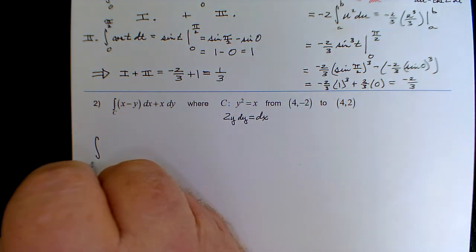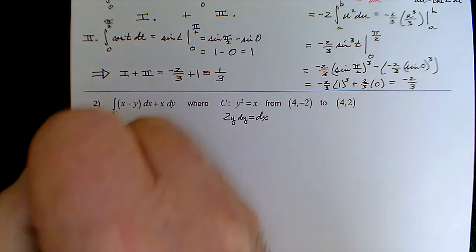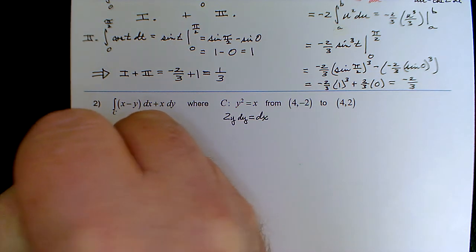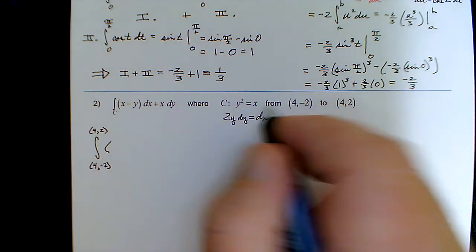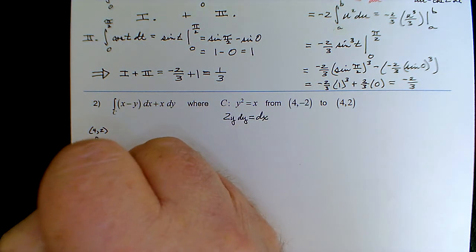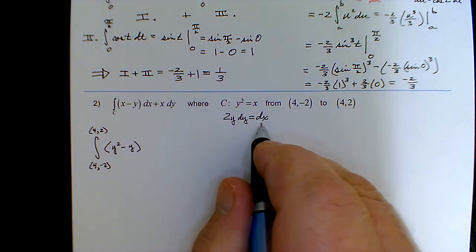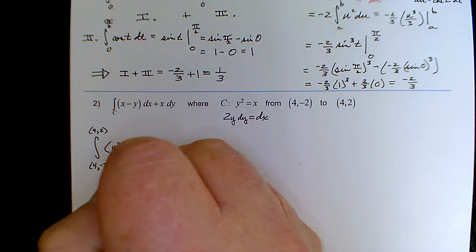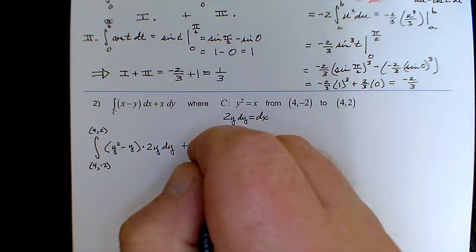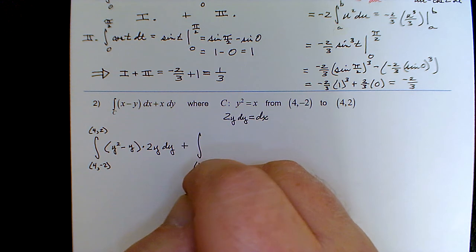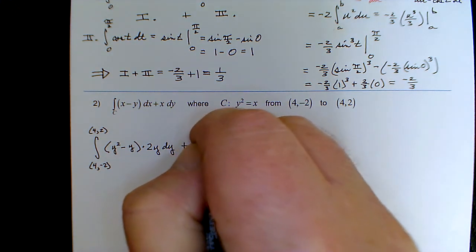So initially I'm going to say from the lower limit 4, -2 to 4, 2 of, and then I'm going to replace x by y squared, and then we have minus y, and then replace the differential dx by its differential in terms of y, 2y dy. And then we'll have similarly plus the integral, and again initially just say the point 4, -2 to the point 4, 2